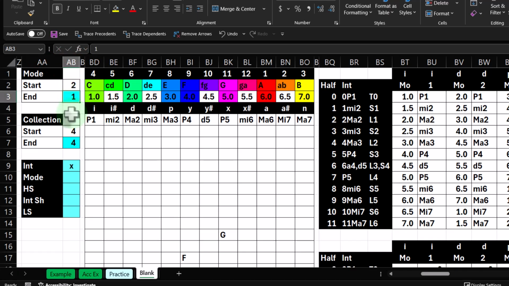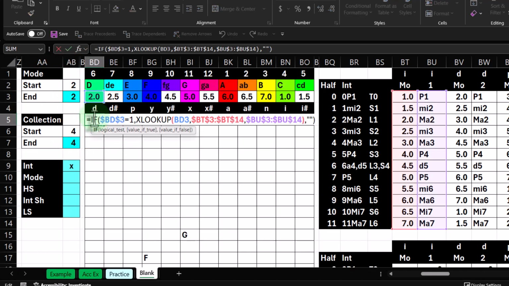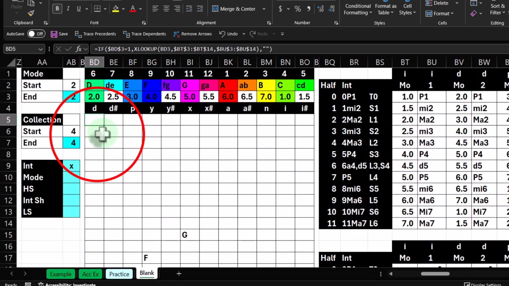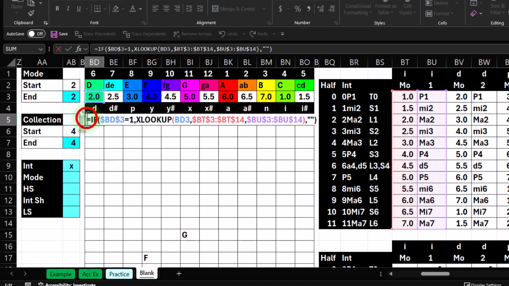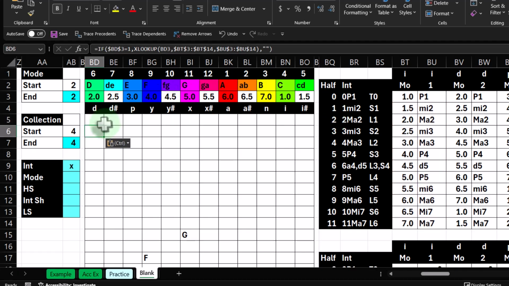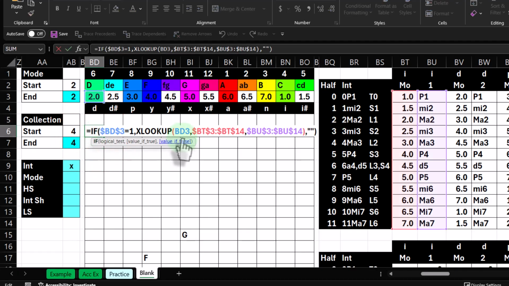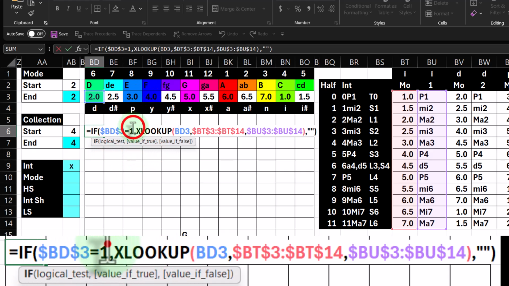So I'm going to put a 2, and I'm going to put this below it so I can work at this 1 at a time. Now, to copy it, I'm not going to copy it here and then paste it, because then that'll change the relative references. I'm going to double click on it, select it, copy it, enter, and then paste it. So now I have the same formula and I can adjust it. All I need to do is make this a 2. And I say if that's a 2, then basically do the same thing. So if that's a 2,